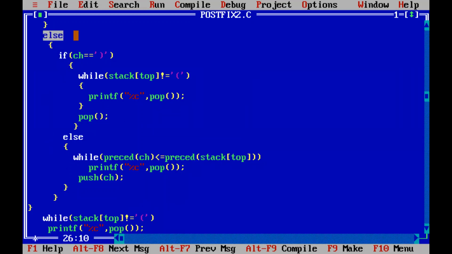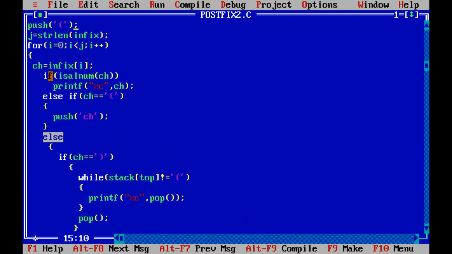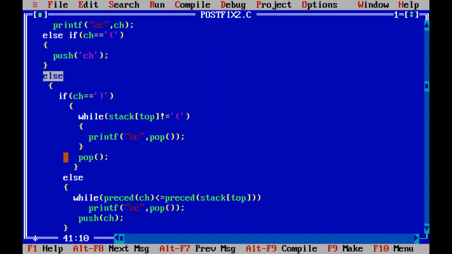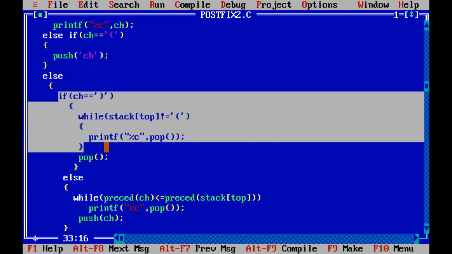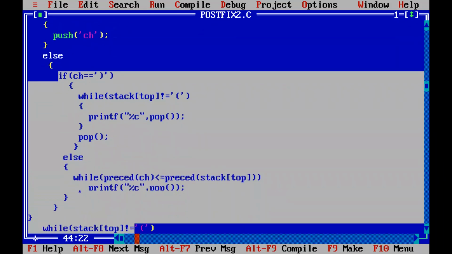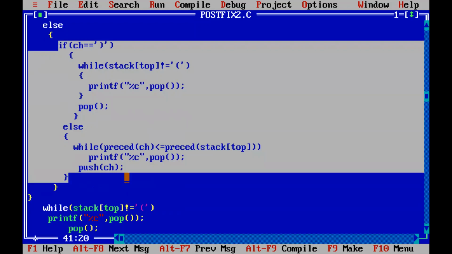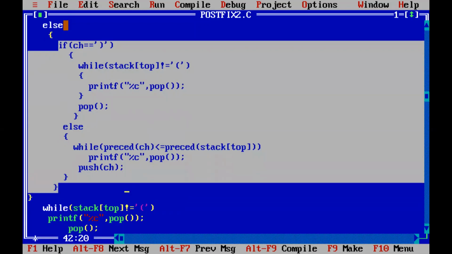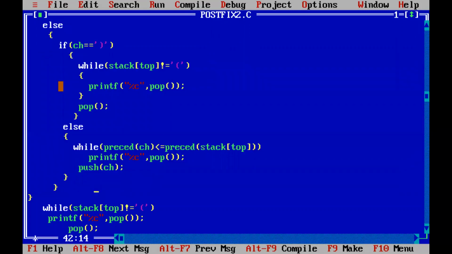Now, in this else part of the topmost if statement, you see here we have an if statement with else if and then else. In this else part, I have an if else statement. Did you notice that? Here it is a nested if statement, right? In the else part of the first if statement, I have one more if else statement. Got it?